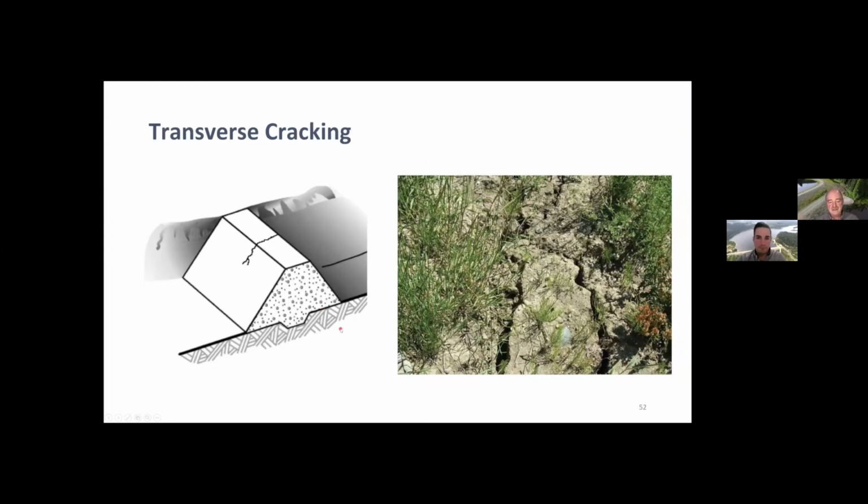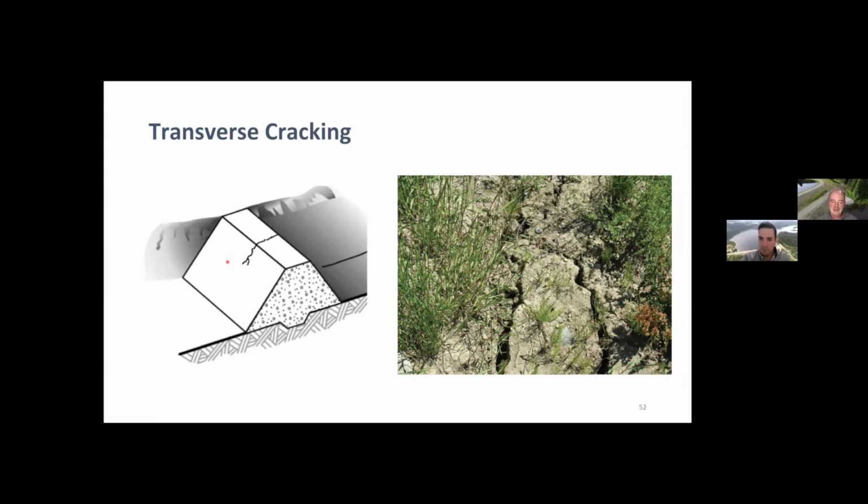Cracking. There's different types of cracks to watch for in an embankment. We can have cracks that run perpendicular to the long axis of your dam. We call them transverse cracks. And coming up shortly, we'll have the other kinds of cracks. These types of cracks tend to occur if there's some sort of differential settlement